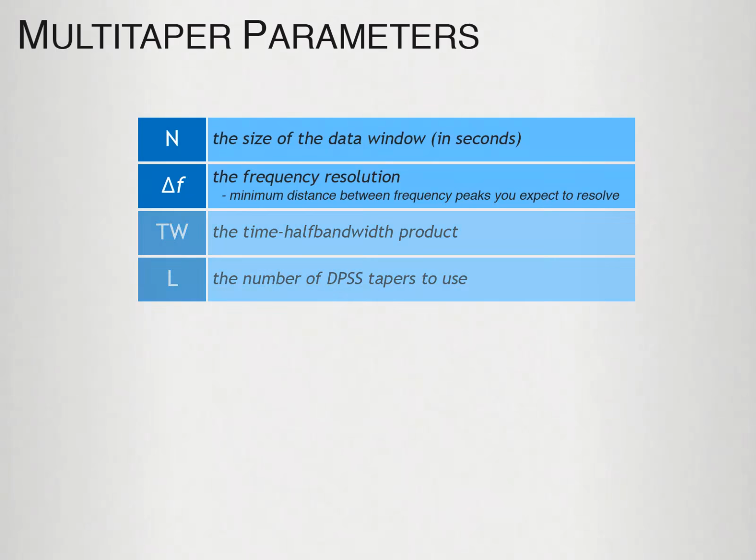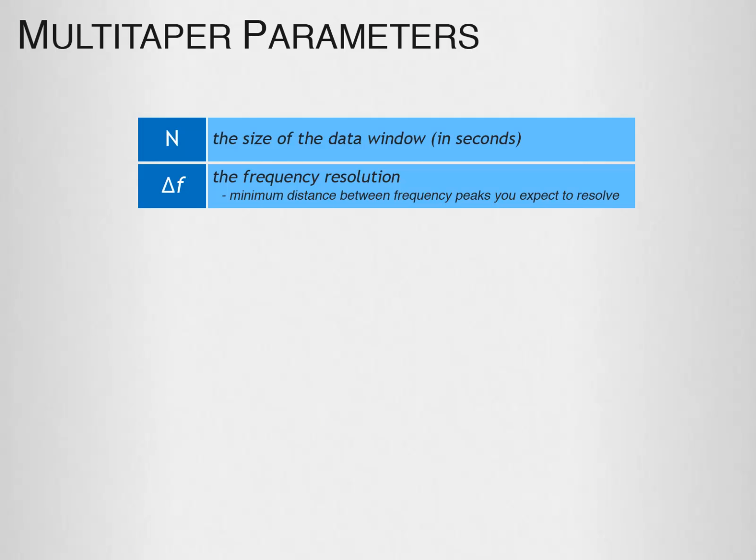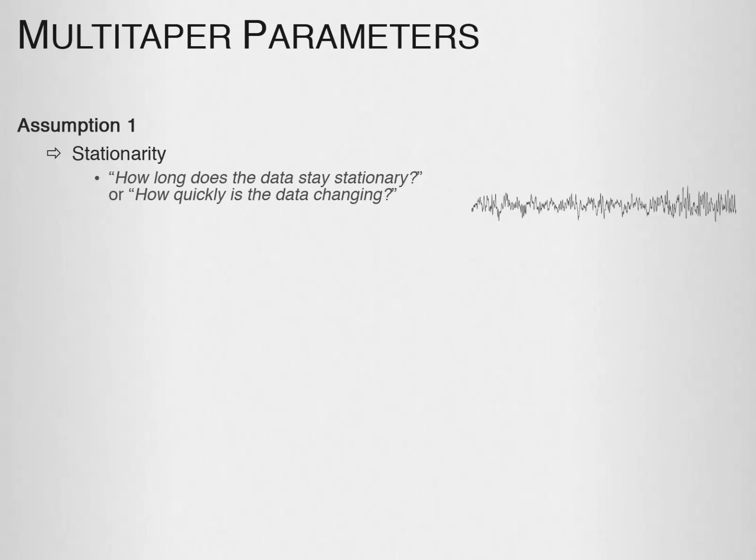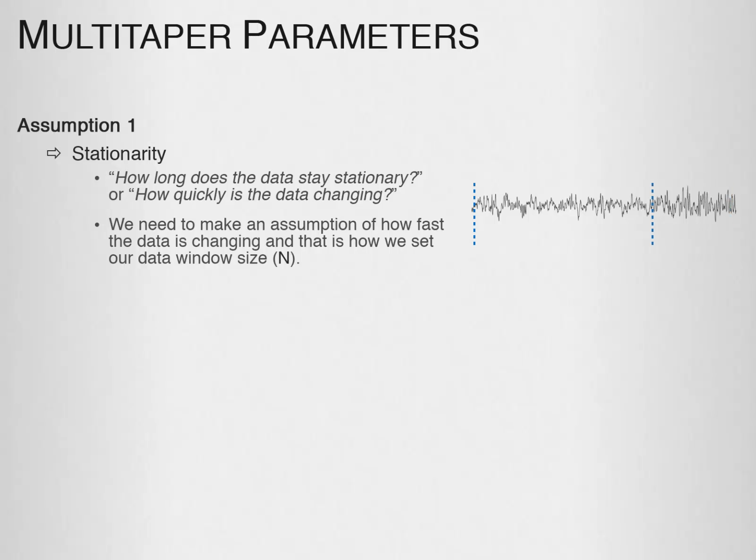First, in order to establish the window size and frequency resolution, you need to figure out your assumptions. The first assumption is in regards to stationarity. When we pick a window, we need to ask ourselves, how long does the data stay stationary, or how quickly is the data changing? If we believe the data is going to be moving and changing every second, then we don't want a window that is 10 seconds long. Conversely, if we think it's changing every 30 seconds and we set the window for 1 second, we may be generating things that aren't really there. We need to make an assumption of how fast the data is changing, and that is how we set our